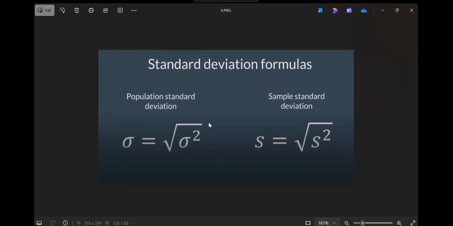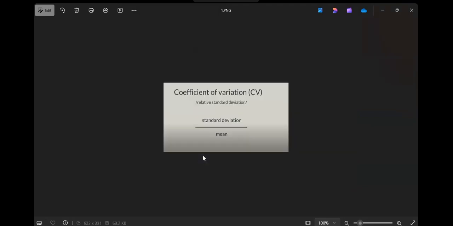If I take the root of variance, this would be my population standard deviation. This would be my sample standard deviation. Are we clear? If we take the root, it becomes standard deviation. If I remove the root, it becomes variance. Guys, Umakant, are you clear? Or I will get back to you later if you have any questions. Statistics, you may have some questions. That's okay, we'll try to find out. The square root of the variance is called this.